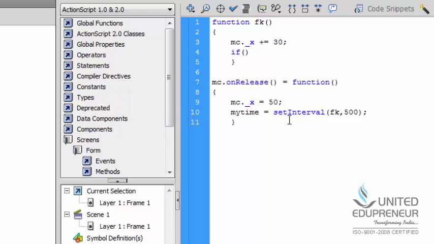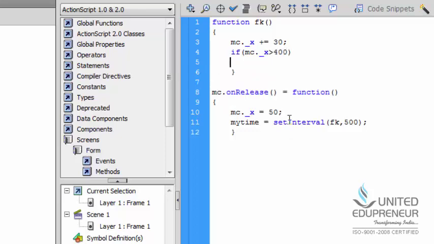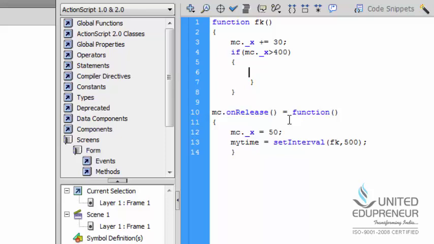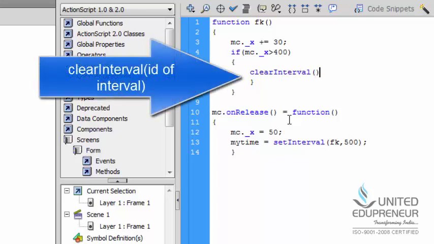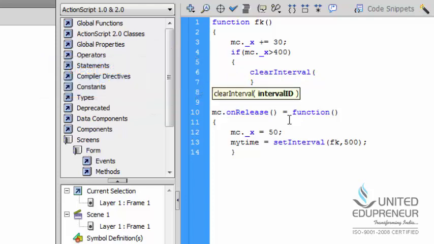If MC dot underscore x is greater than 400, at that time clearInterval. See the syntax for clearInterval: the interval ID, meaning the name of the interval,